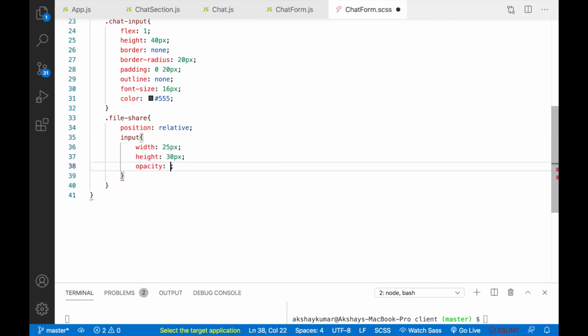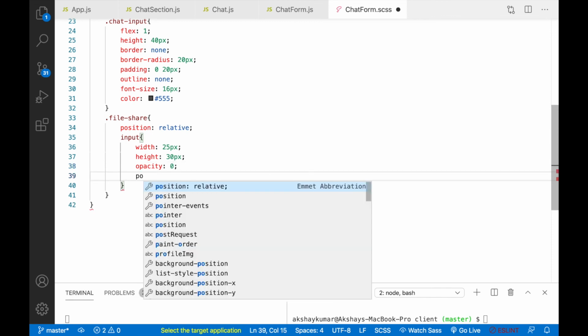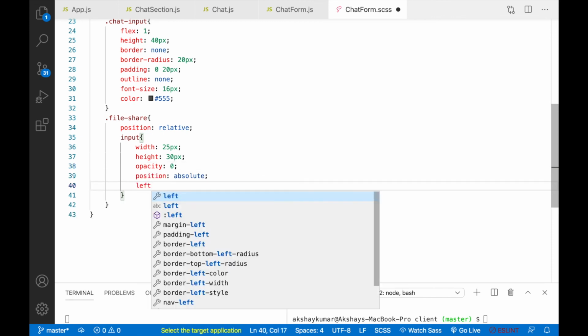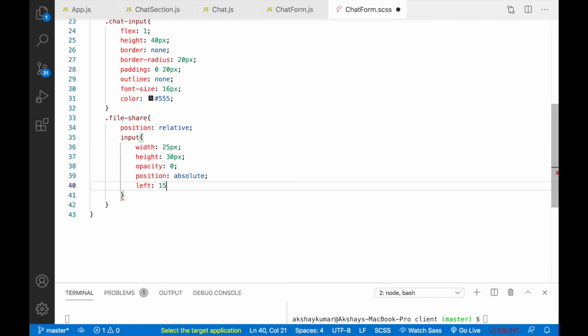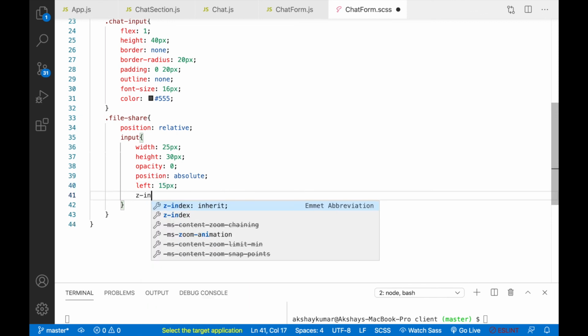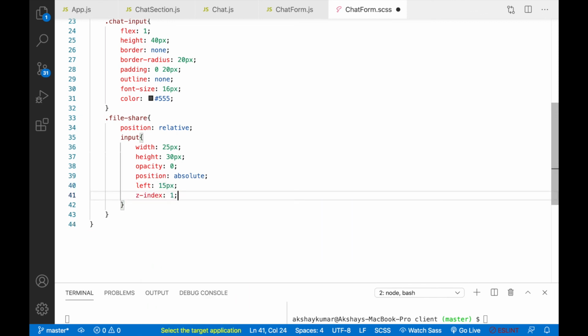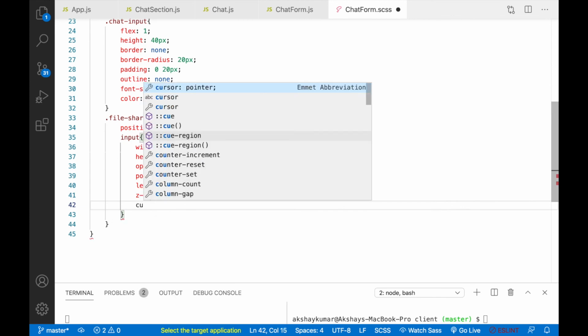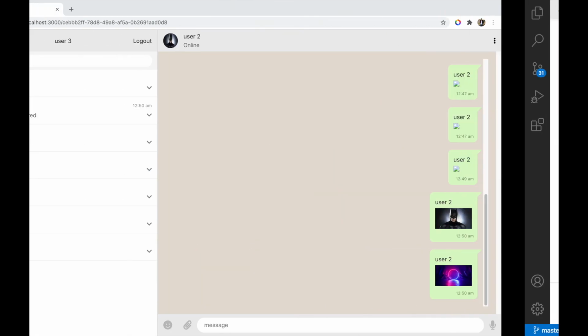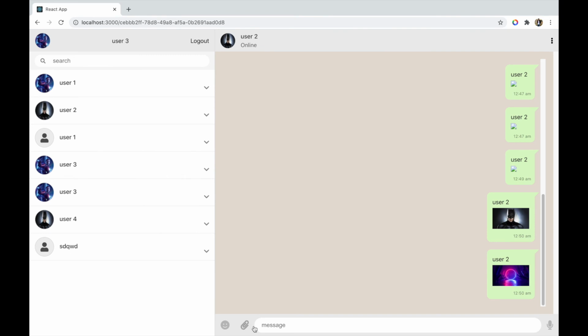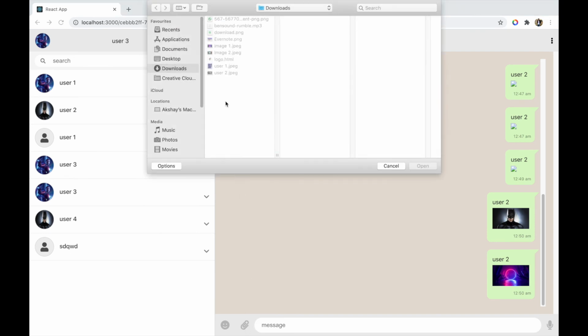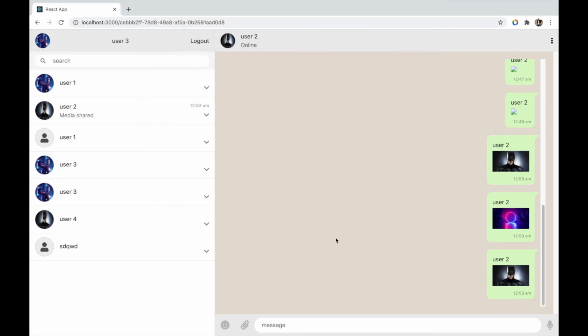Opacity will be 0. Position absolute, left will be 15 px. Then z-index will be 1, and cursor is pointer. Now if you check, that thing is gone, and if you click on this button only, you can upload the images. So this is cool, right?